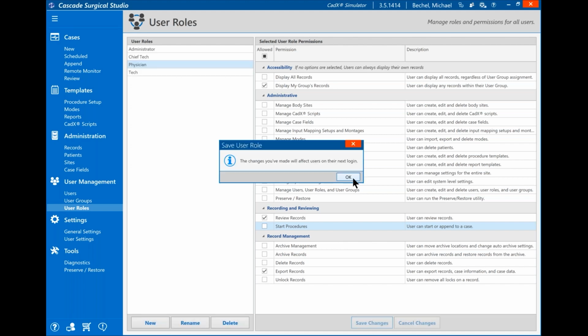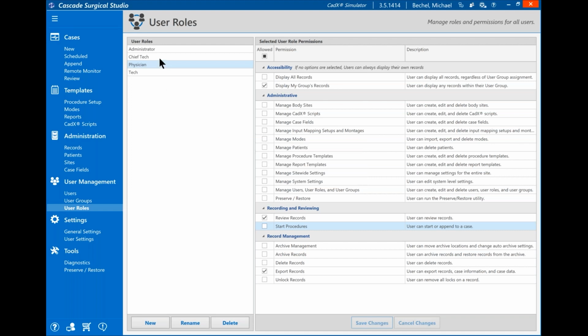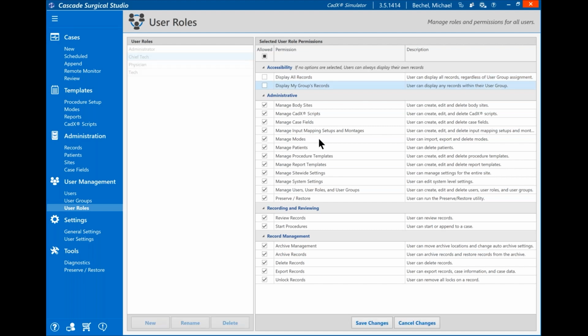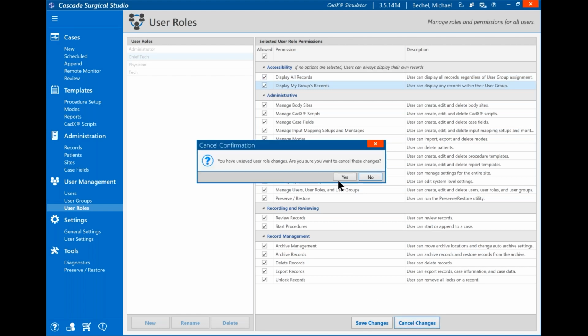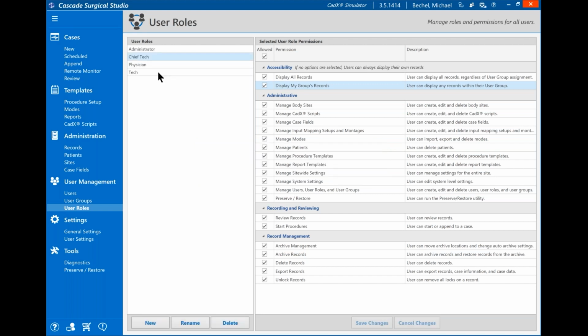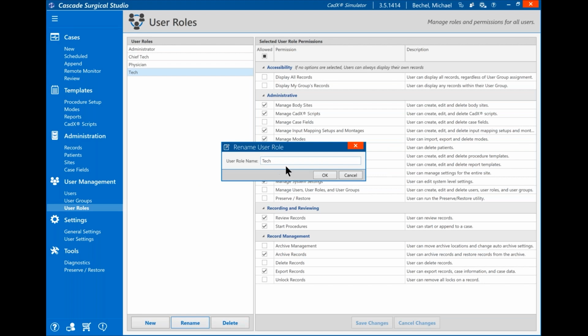Make those changes, click save. Now I added a chief tech. So my chief tech basically can do everything except maybe they're not to display all records. Totally up to you. One of the major uses that I find with this is you might have different levels of tech. Some of your newer techs you might add. Let's just rename this one